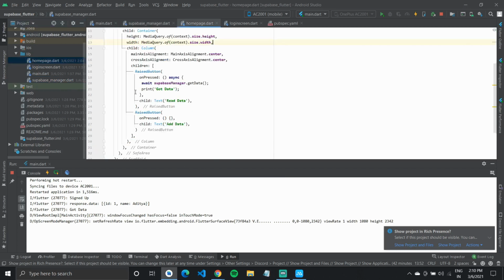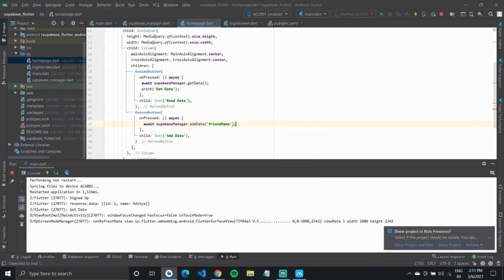Now I'll go back to my home page, on pressed, again await Supabase, make this function quickly async, dot add data, and I have supplied it as a parameter, right?